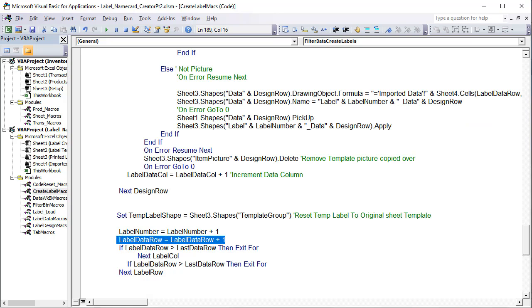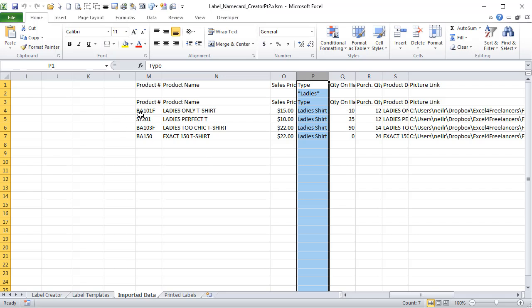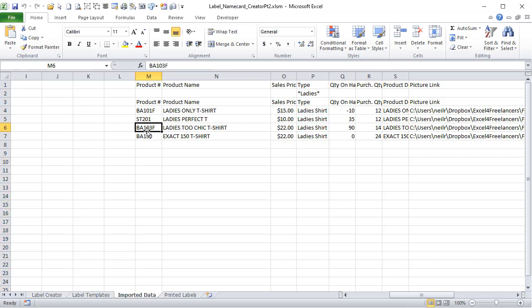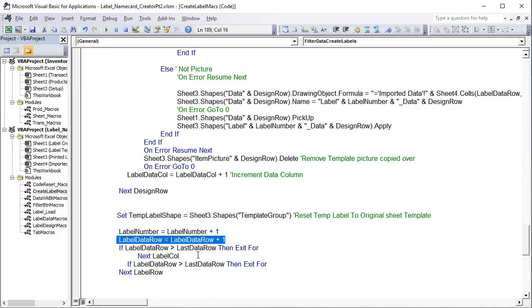Why do we do that? Because I need to go to the next data, right? We started out at 4, we need to go to 5, then 6, and 7. So we need to go through all of our data, so we need to increment that by 1 as well. Next up, if the data row is greater than the last data row, exit, that means we've completed all of our data. Once it's greater, we can then exit out, but if it's not, we can continue to